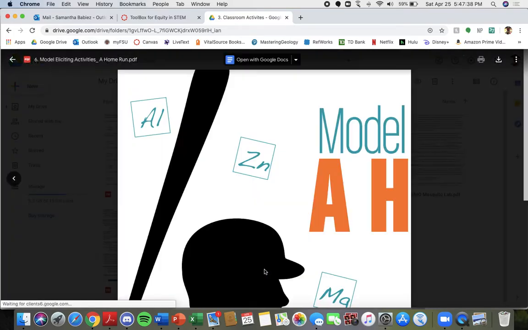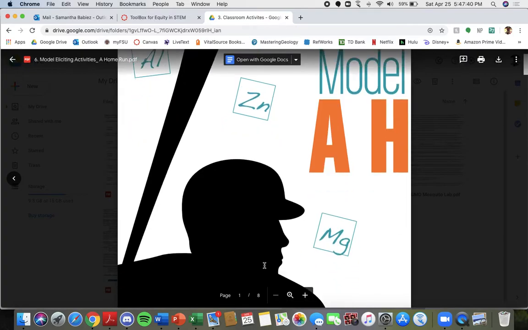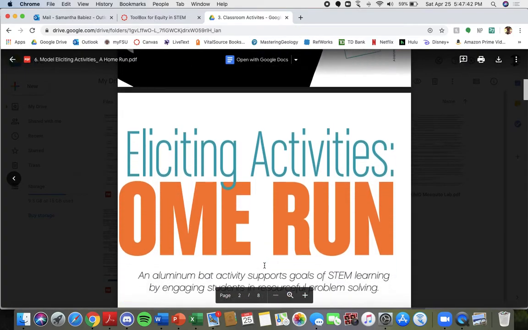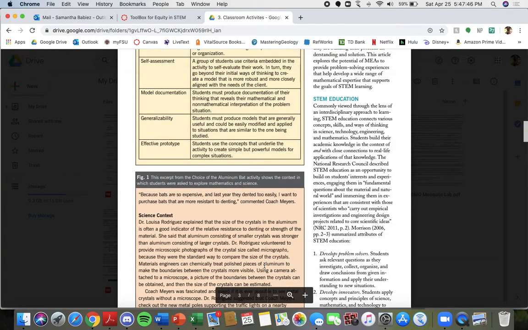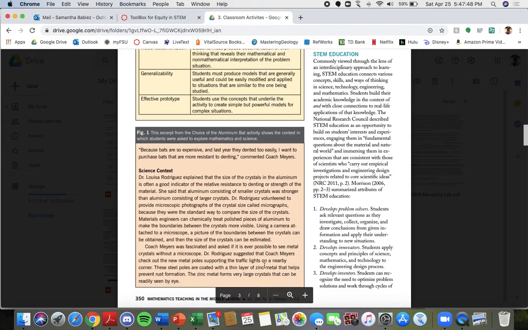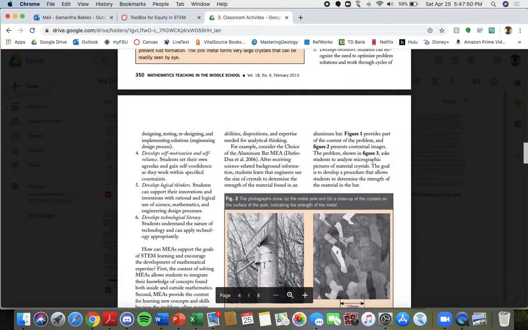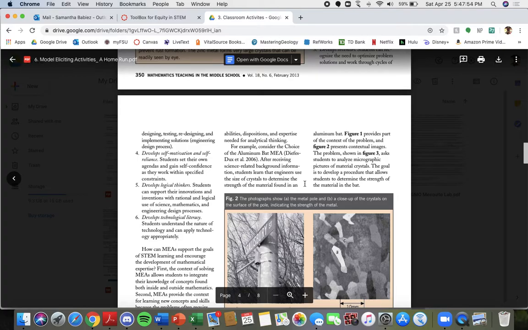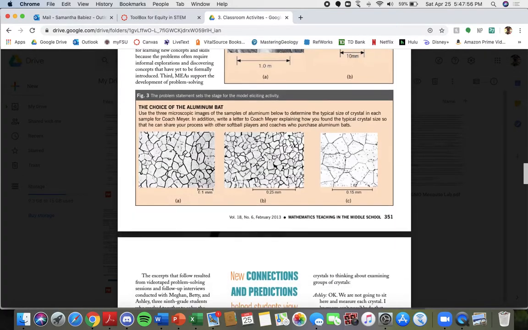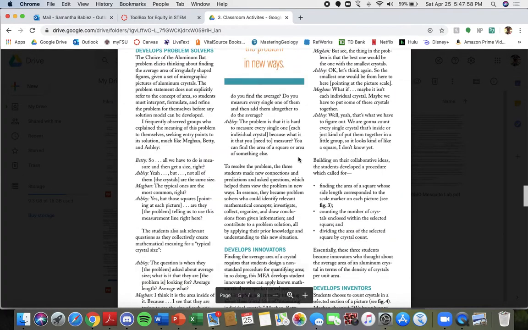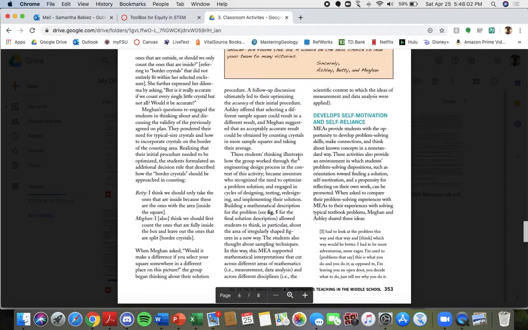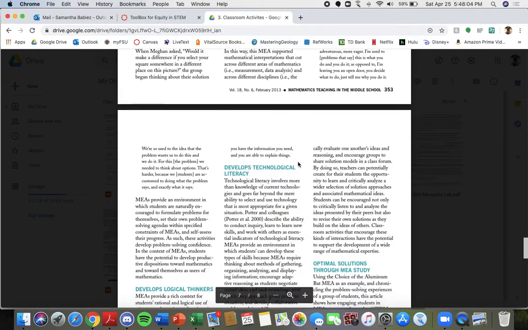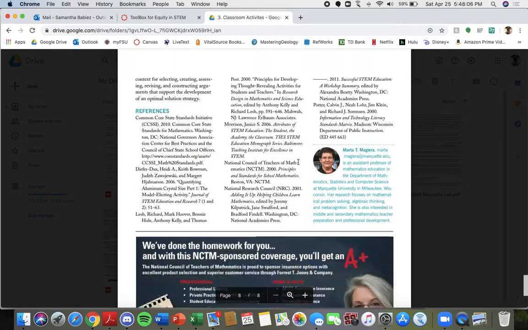And then I have the MEA home run article in here as well, which can be used to review. And if you're trying to create an MEA from scratch, I feel like this would definitely be something you'd want to be referencing. I know there's a lot of great MEAs out there that you can go and find, but let's say I wanted to make one completely from scratch. Having this article on hand or just giving it a quick read before I start doing my actual lesson